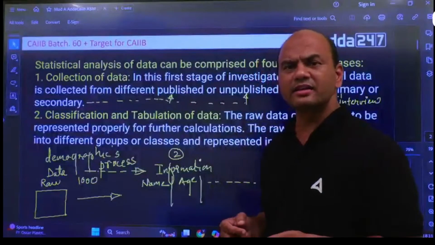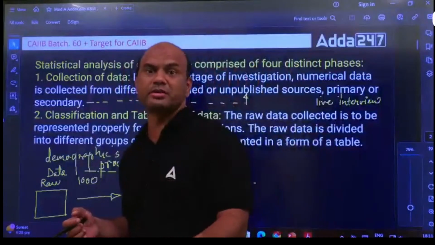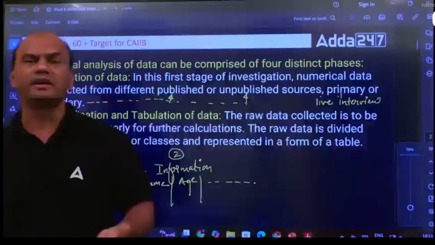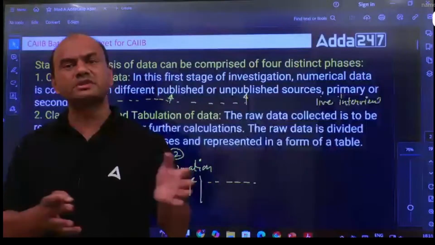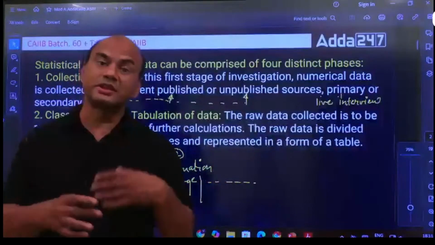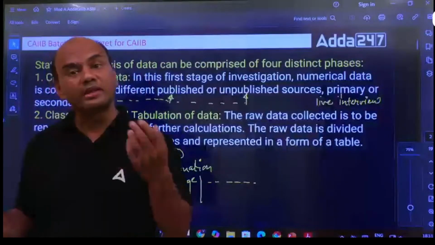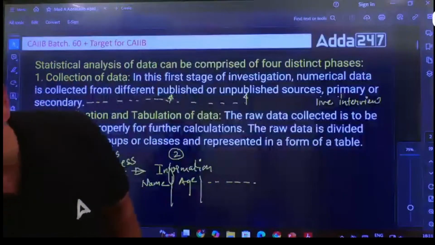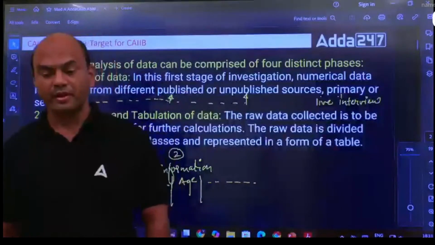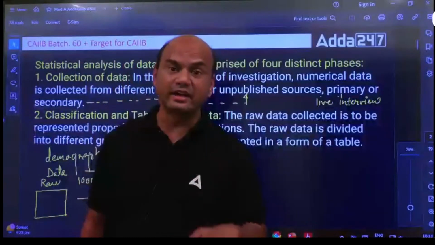What is secondary data then? In secondary data, somebody else has done this job. Somebody else has gone there and asked him, what do you feel? And then that person has collected 1000 data. Then that person has worked on it, and then he has given the results. And those results, you are using it. So those results which you are using, that is basically your secondary data.